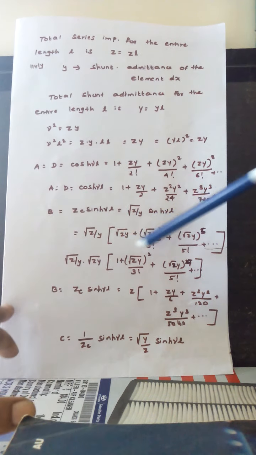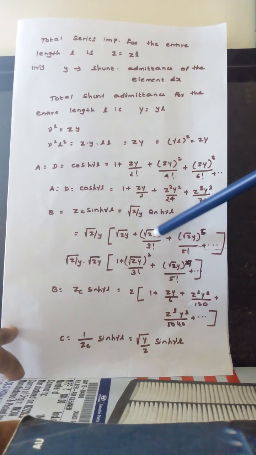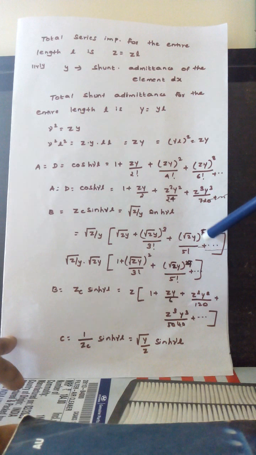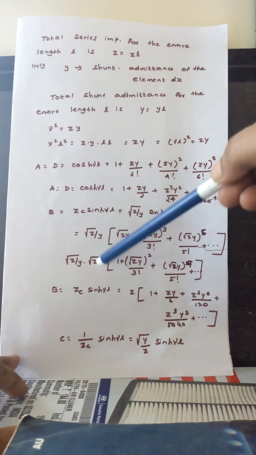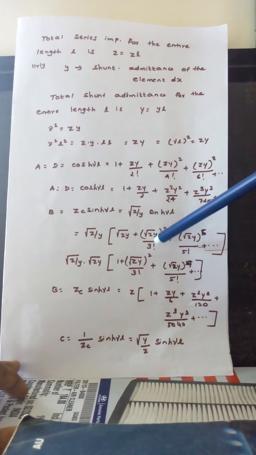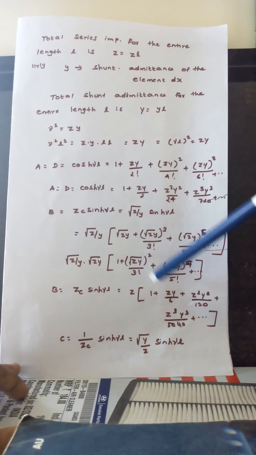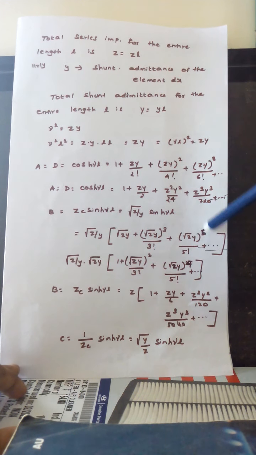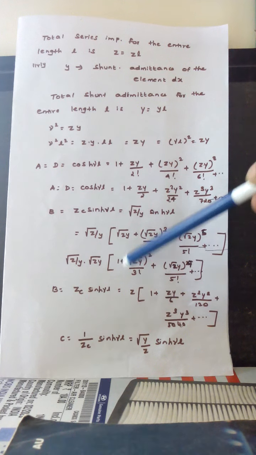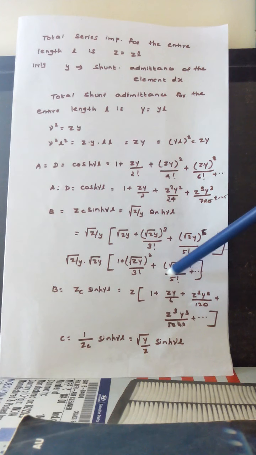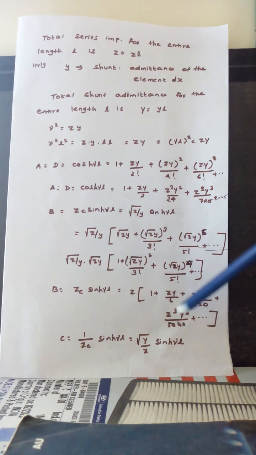So we can write this equation in terms of root of ZY. So root of ZY the whole cube by 3 factorial, and it will go on here. So in all the terms, if we take root of ZY outside, we'll get 1 plus root of ZY the whole squared by 3 factorial plus root of ZY the whole power of 4 by 5 factorial, it will go on here, correct? So if you are expanding, we'll get 1 plus, 3 factorial is 6 and 5 factorial is 120, so it will go on here. So this is your B value.